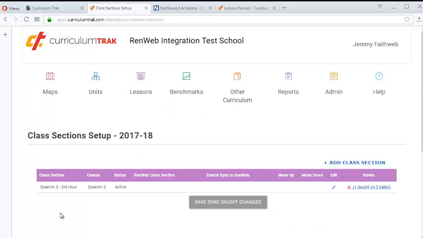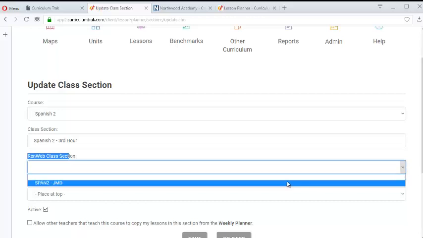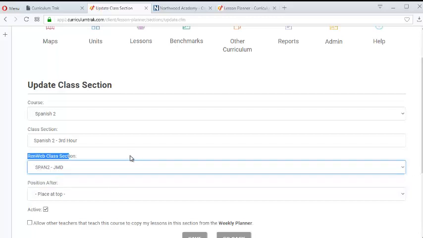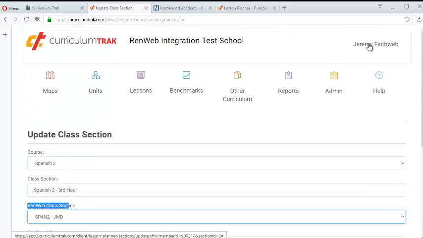And these are the class sections. This teacher only has 1, but typically they're probably going to have multiple class sections that they teach. You click edit by the first one, and notice that now there's a field here called Renweb class sections. So in my drop down, I should see all the class sections that I teach. By the way, if you click on this and there are no class sections, that means one of 2 things. It means that no class sections were set up in Renweb yet for the upcoming school year, or it could be that this teacher, Jeremy,